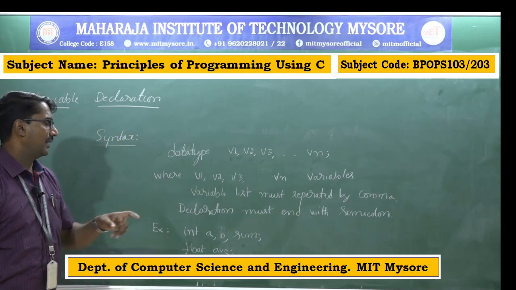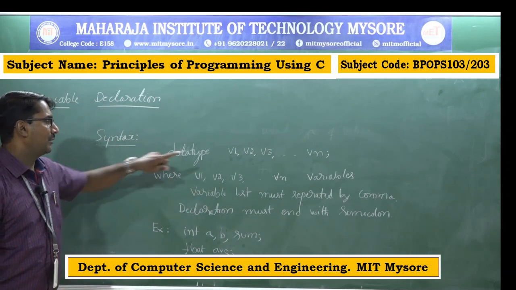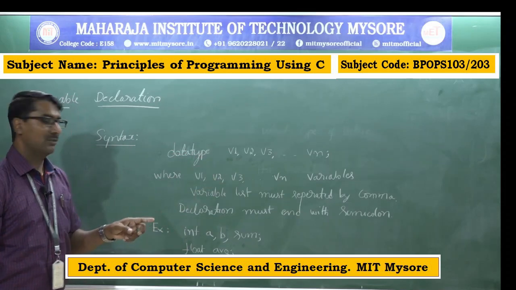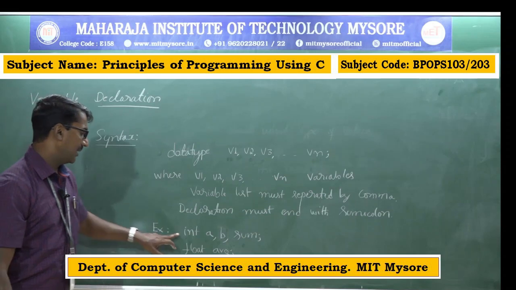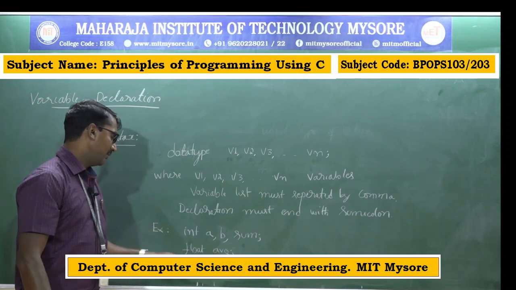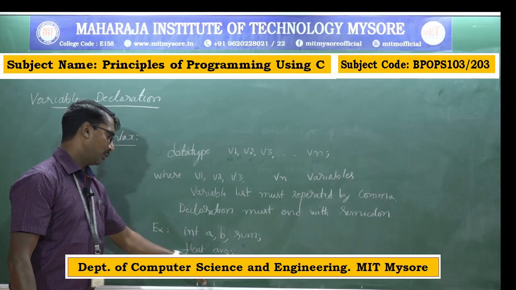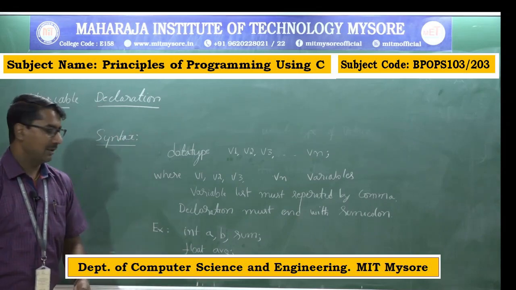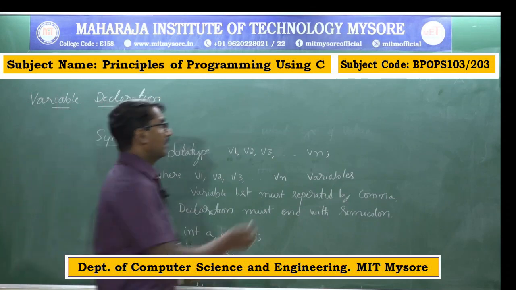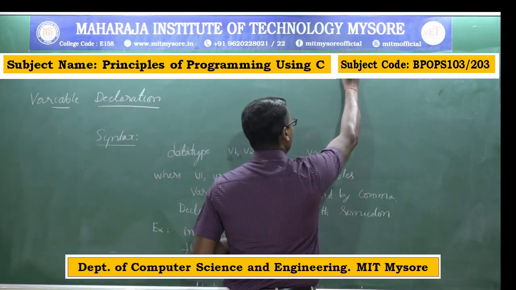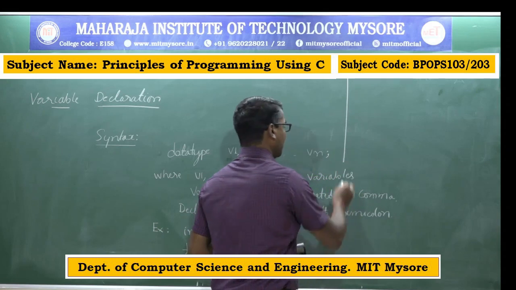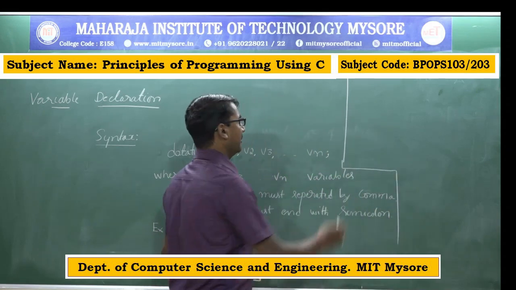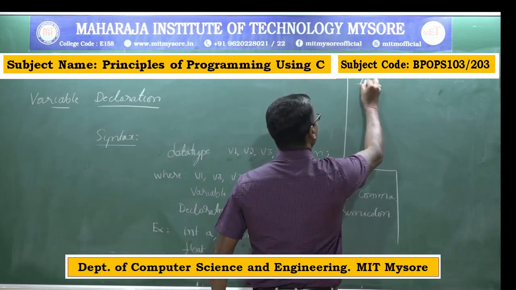So v1, v2, vn are the variable list. Variables must be separated by comma, and the declaration must end with semicolon. Example, int a, b, sum; float average is a floating point variable, and value is a double variable. So when you're declaring these variables, we must know the data types. So integer variables,